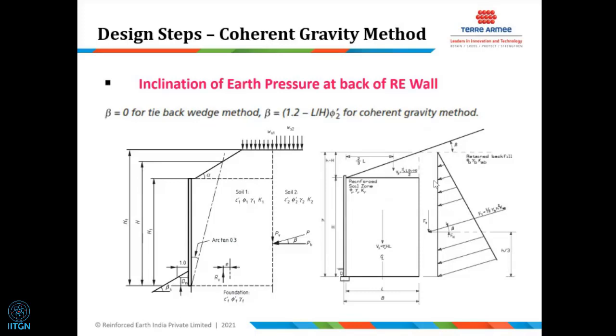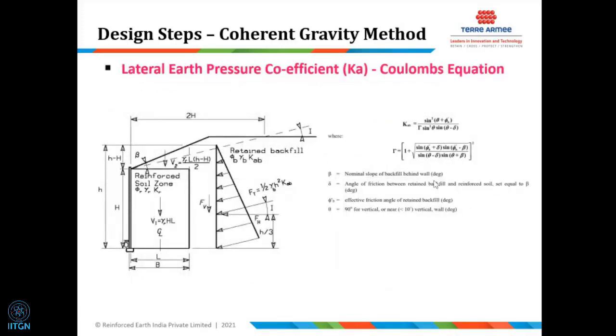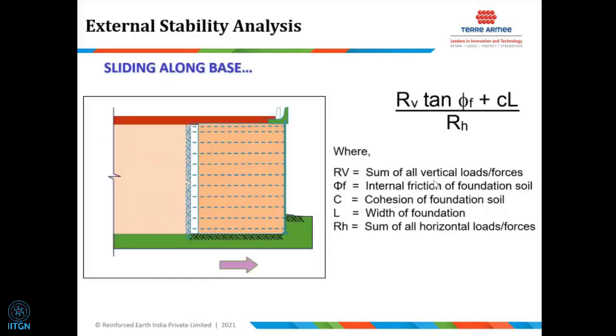So when we do external stability, we actually consider Coulomb's theory. That means the earth pressure is calculated using Coulomb's earth pressure equation. And this is applicable also with a sloped surcharge wall as per AASHTO. And as per the coherent method, this inclination is applicable even if there is no slope surcharge, as per the British guideline. So coming to the external stability analysis,